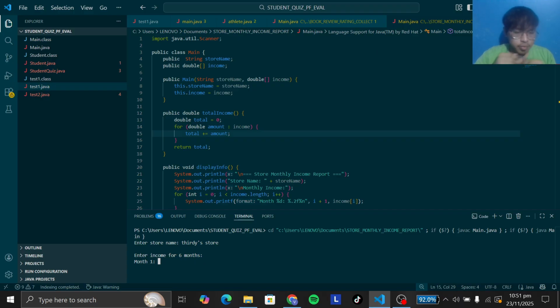So let me move on. Month one, let's say I got a total income of 3,000 plus. Month two, I got a total income of 4,500 pesos. Month three, I got a total income of 3,670 pesos.